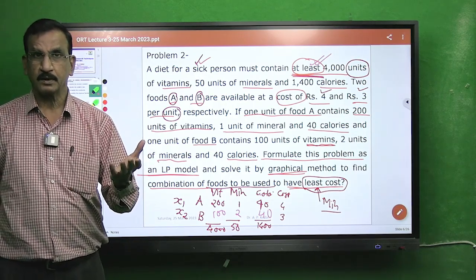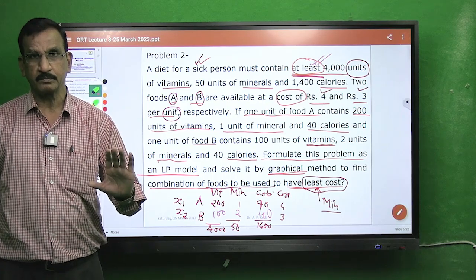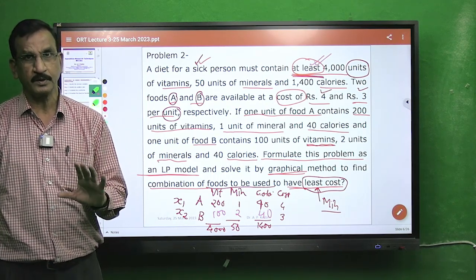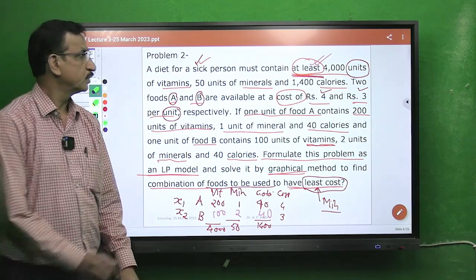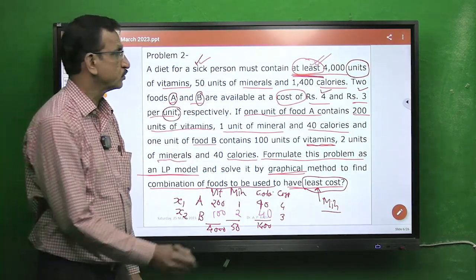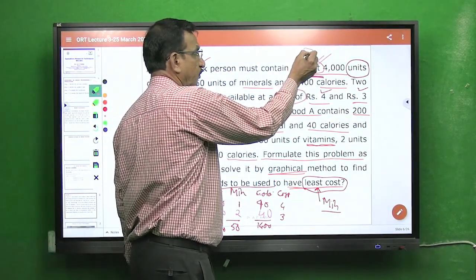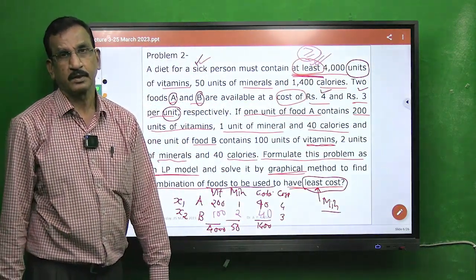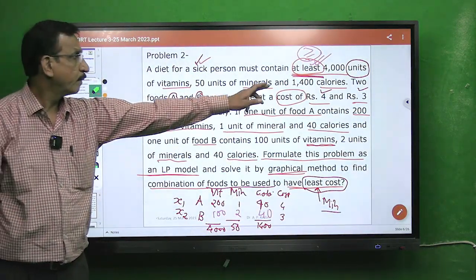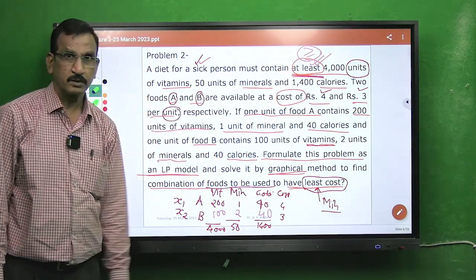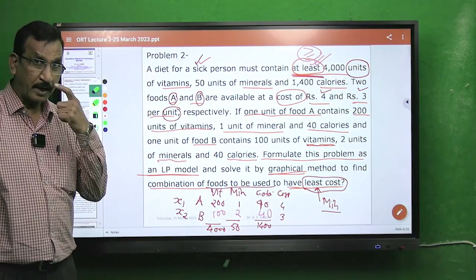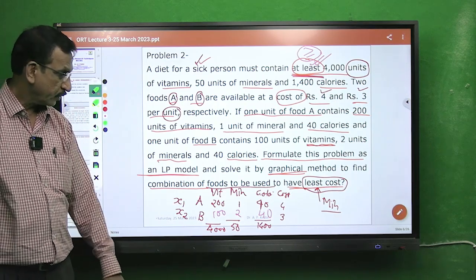Greater than these values is a welcome situation, but it is not permitted that the value will be less than the given value, since the condition is at least. So in this problem, very important, we have to use the sign greater than or equal to, since the condition is at least. So how can we write the final version of the linear program? It is like this: